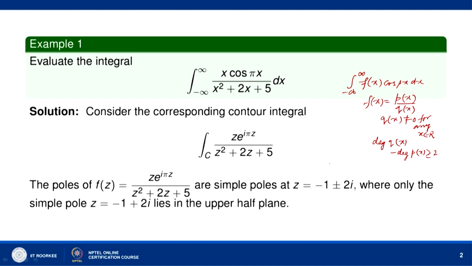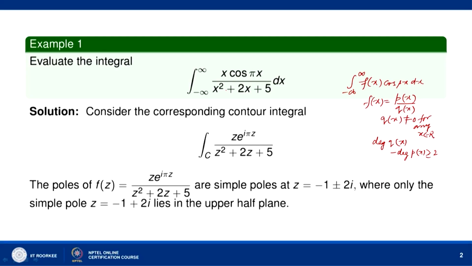But here we notice that although f x is equal to x over x square plus 2x plus 5, that is, it is a rational function, here the degree of the denominator is 2 while the degree of the numerator is 1. So, the difference in the degrees is not greater than or equal to 2, and therefore, the technique which we applied to show that the integral along gamma, that is the integral along the semicircle, goes to 0 as r goes to infinity, will have to be modified